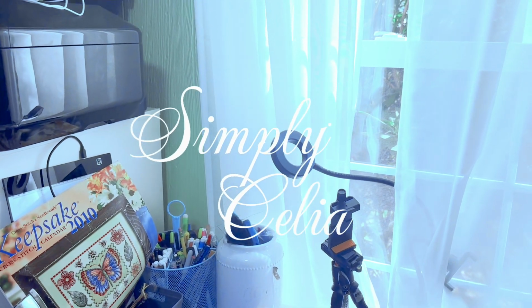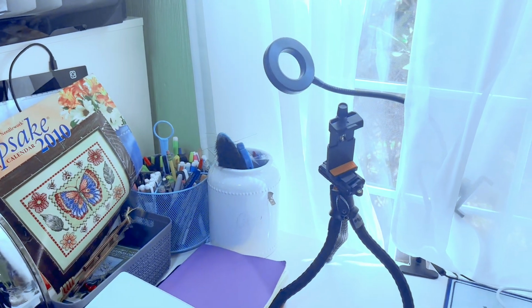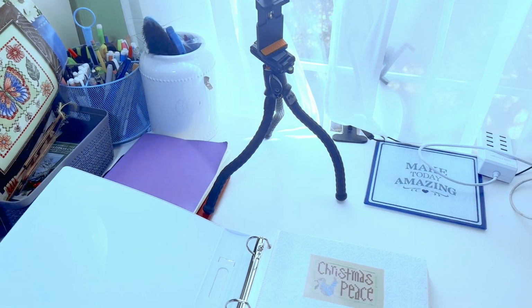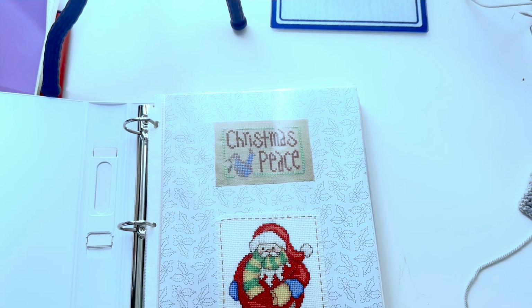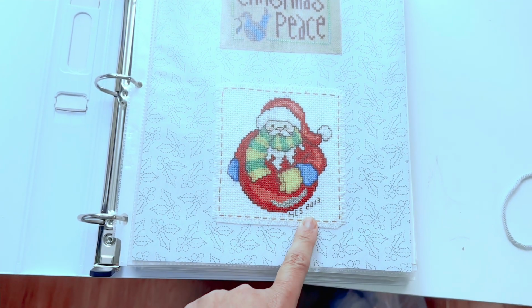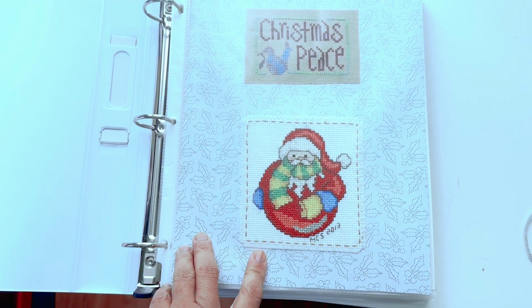Good morning, everyone. It is Friday, October 11th, 2024, and I want to show you this. I worked on this morning. These were finishes, prior finishes. This one is 2013. I did not add the date for that, but what I did is I added